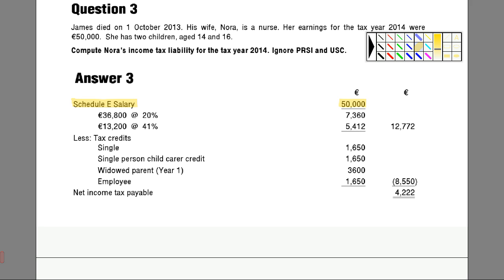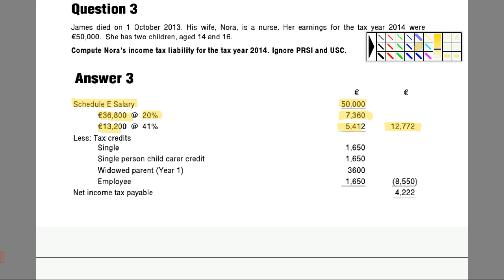So, what do we know about bands? Well, now she's in effect a single parent with kids, and therefore the increased band must kick in, just as in the previous question. In effect, she's going to be receiving the single person's child credit, therefore a single band, the increased band, is going to be relevant to her. So 36.8 at 20 gives us the 7360, and obviously the balance at 41, giving us a total figure of